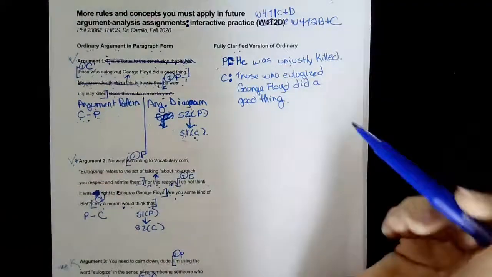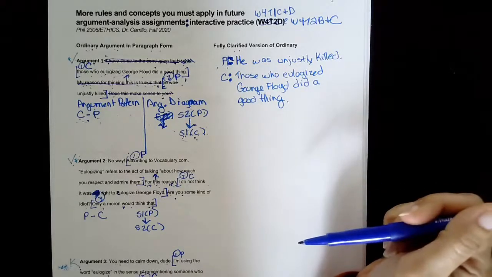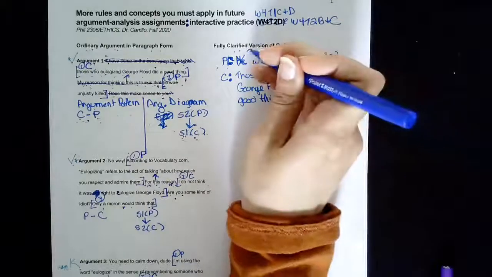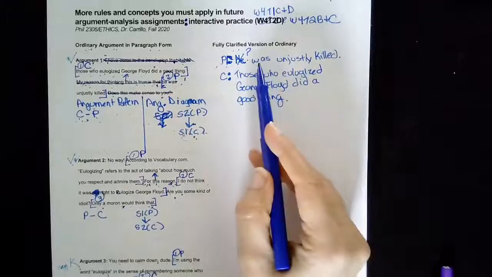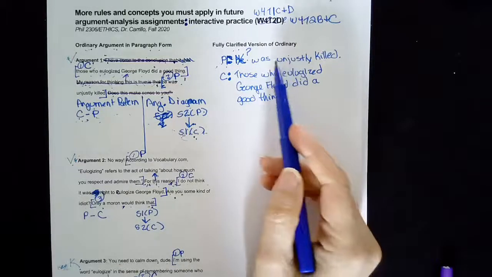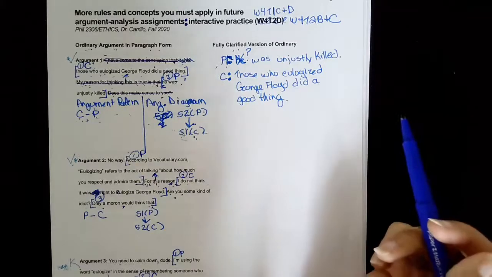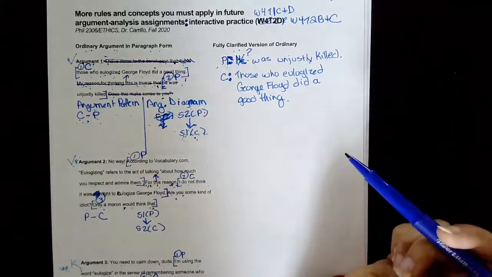All right, so have we finished applying everything from our notes? No, we have not applied content principle 3. I should not have had that there. What should go right there? Who are they talking about? Imagine that somebody's making the argument and they all of a sudden say, hey man, he was unjustly killed. You don't know who they're talking about. So one way that we make this more clear in this version of the argument is we replace he with